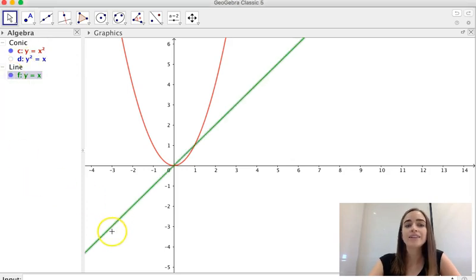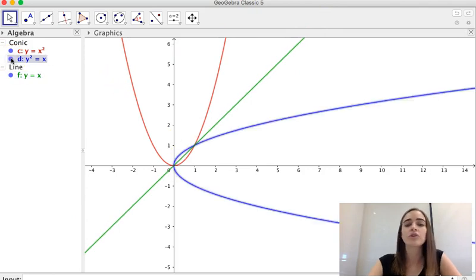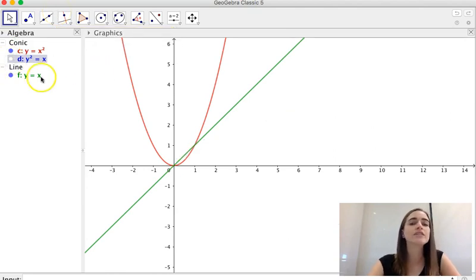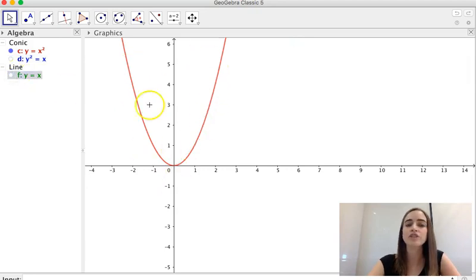If we add in the line y equals x, so this is what we're going to reflect our function over, then our inverse would look like this. So you can see that that's not a function because it's not passing that vertical line test. So we can actually tell that before we even find the inverse, that it's not going to give us a function, because if we look at the original, we can do what's called the horizontal line